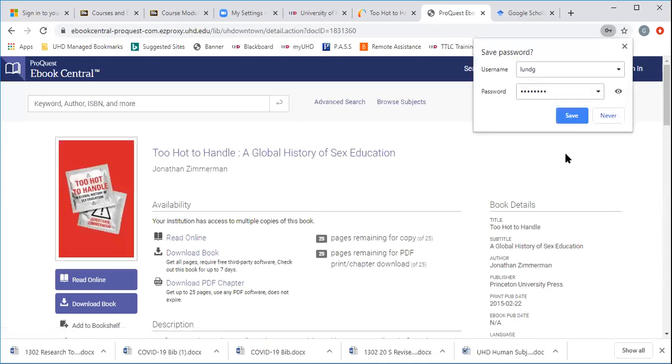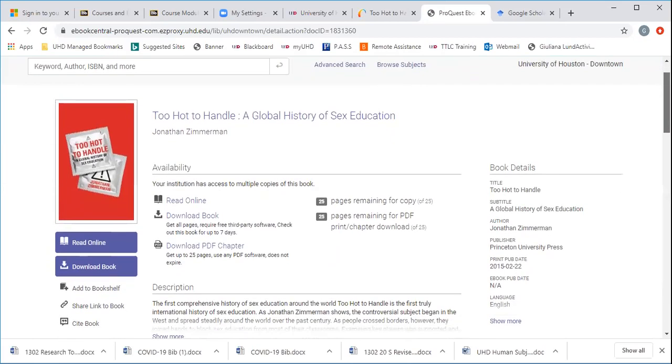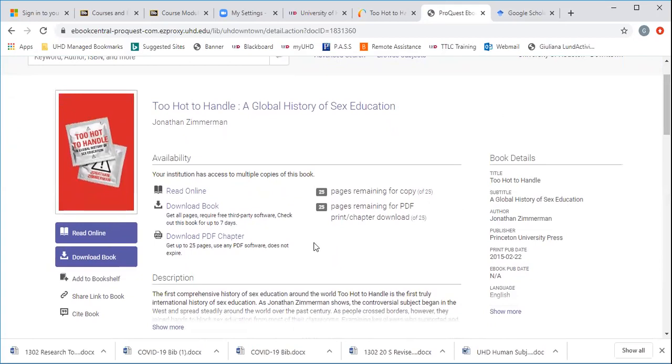And here is the book. In some cases, you may be allowed to download the book, part or all of it, as a PDF, so you can highlight it and things like that, or you could print it out. It looks like this allows you to copy 25 pages, maybe print 25 pages, and so on. But you can also read the entire book online, and you can also highlight and things like that while you're reading online. So if you just click read online,